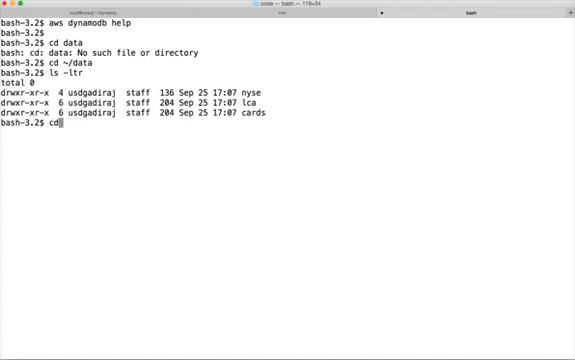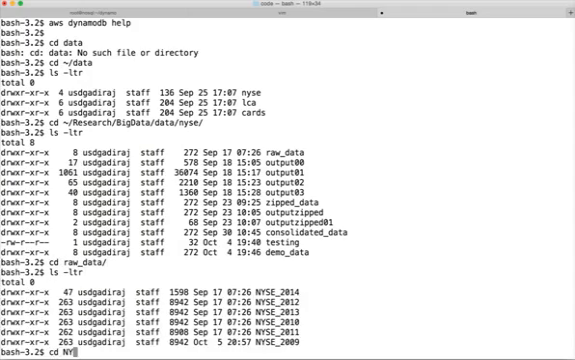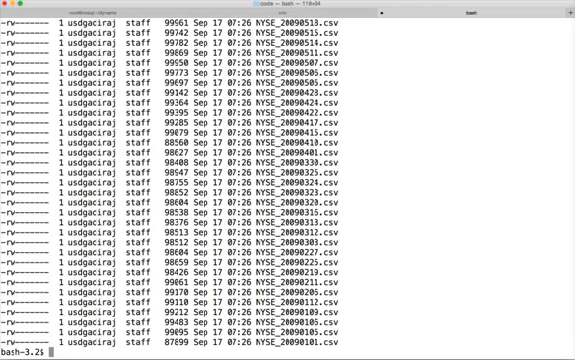Let me say research, big data, NYSC, LSLTR, and CD raw data. And this is the data which we will be inserting into the DynamoDB table by the end of this course. And you can see